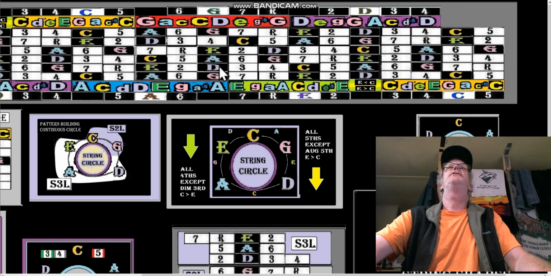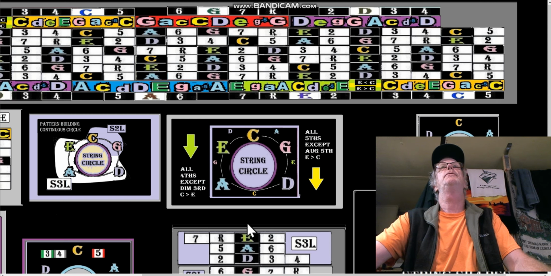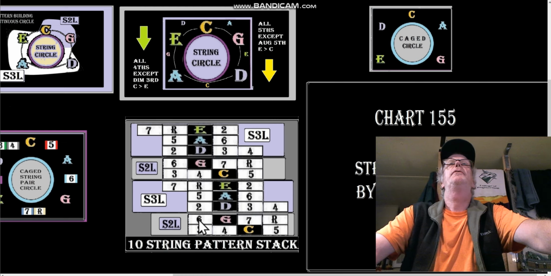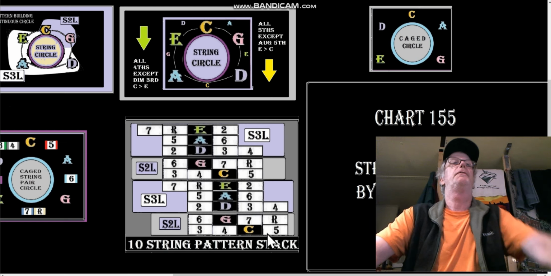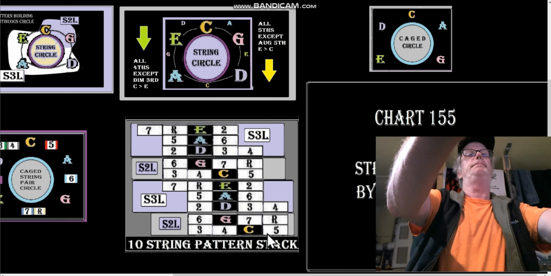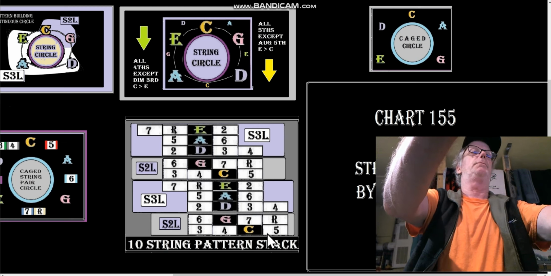So that's why the G shape is 6/7 root. The G shape's always 6/7 root. Okay, so we've got our 5 shapes. C shape's always going to be 3, 4, 5, regardless of the key, whatever the 3rd, the 4th, and the 5th is. If we have the key of C sharp or D flat,